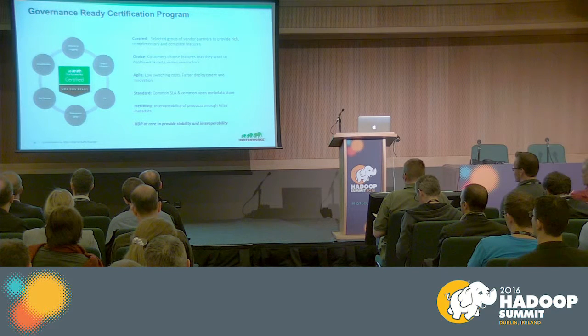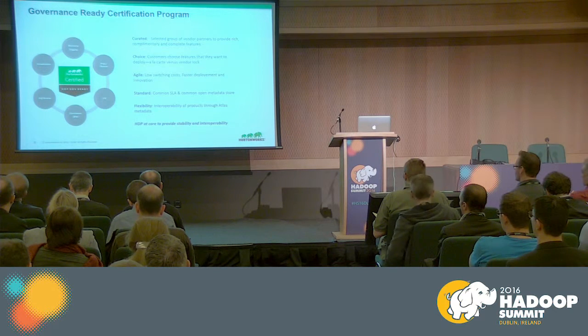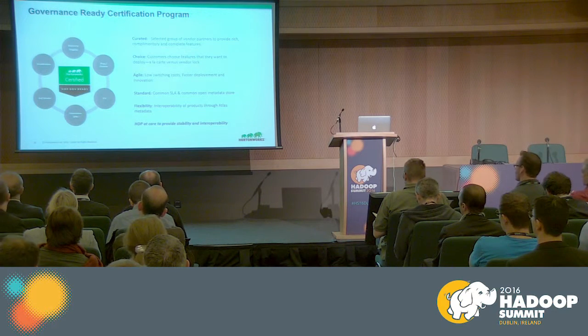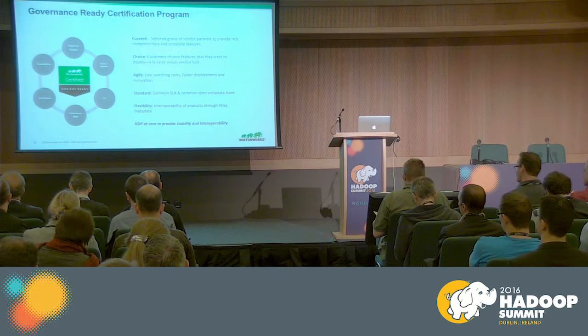So we've certified 2 vendors, Waterline and DataGuys. Right now we've got quite a few more in the pipeline that we're working with. So there's going to be quite a bit of integration. One of the things that's required to have the governance-ready certification is that they have to promise to be good citizens. As I mentioned before, they have to promise to exchange metadata, not just take it. So there is an SLA around that. They must report their findings to Atlas in a reasonable manner, just so that another tool can pick it up